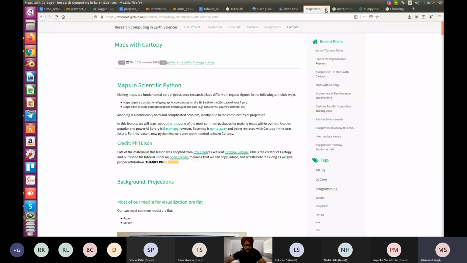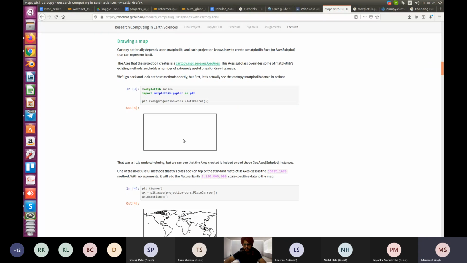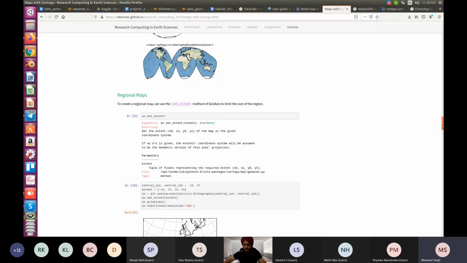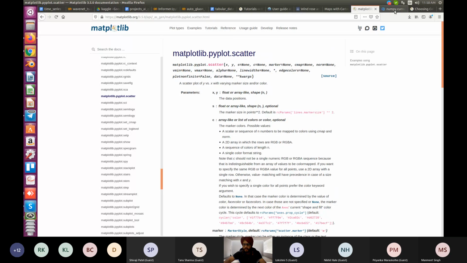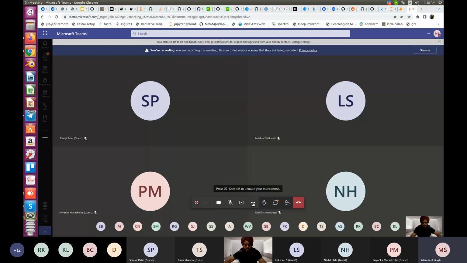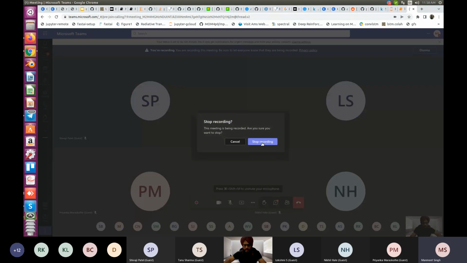Okay, then we saw this already last time, the Cartopy library. So that we will, fine. Okay, so I would say that if you guys want, I can cover